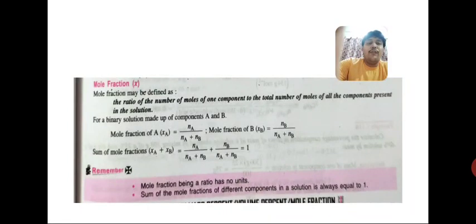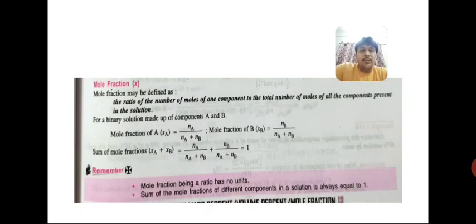Okay students, for finding the mole fraction we have to know the moles of the given component, otherwise we cannot find the mole fraction. So students, in class 11 and 12 all these topics are very important, and also from the competition point of view. And yes, the questions are not so easy, like suppose 2 moles of one component and 3 moles of another component are given and we have to find the mole fraction, right? Like 2 upon 2 plus 3, that means 2 upon 5 is the mole fraction of one and 3 upon 5 is the mole fraction of another. No, it is not possible, students. Clear?